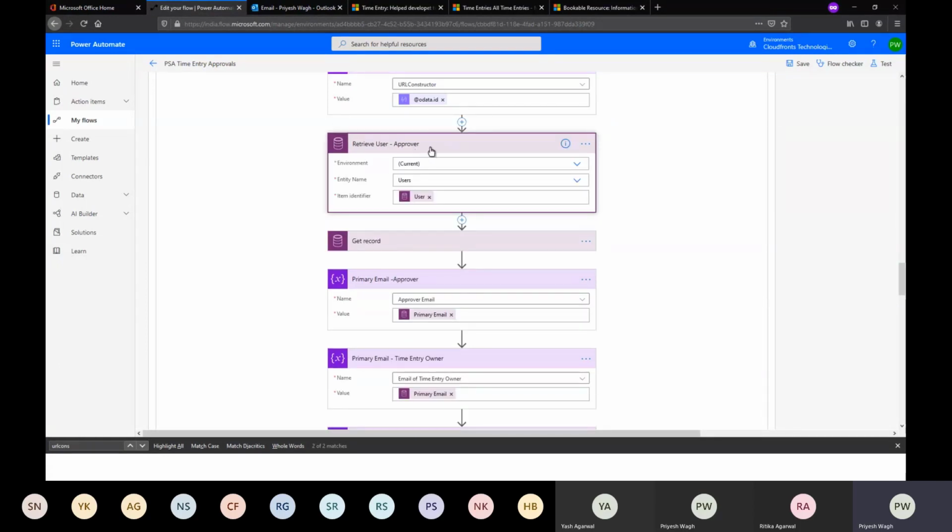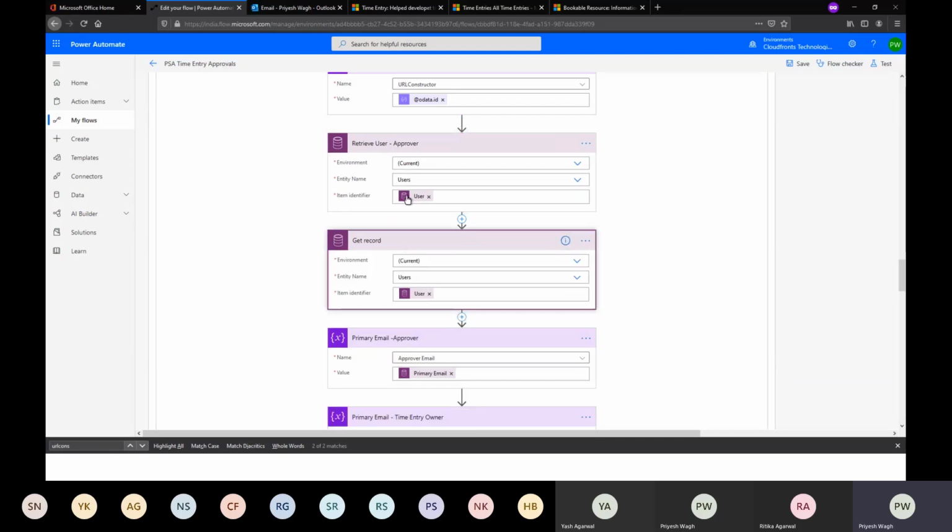Now we have retrieved the bookable resource record, but it's not enough because you also need to retrieve the email addresses of each of those users. So I'm storing the user of the bookable resource used in the approver, and then the user of the bookable resource in the time entry's bookable resource.